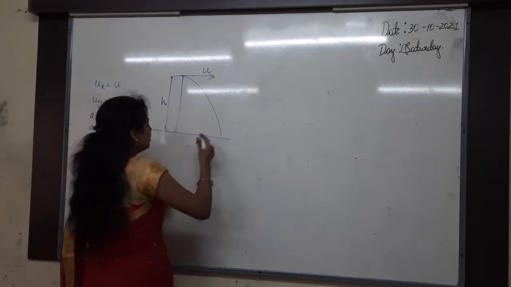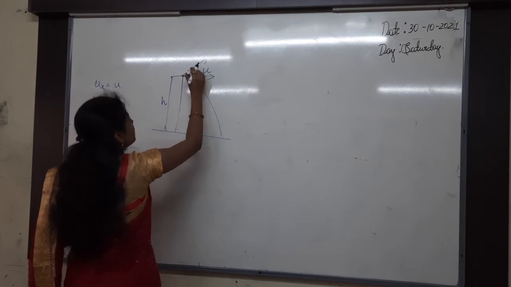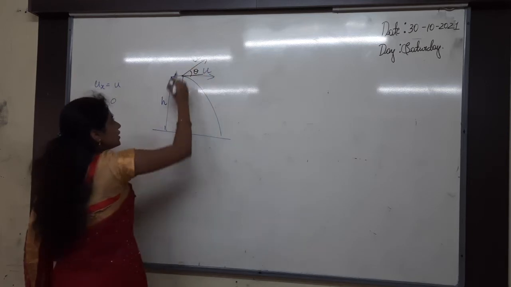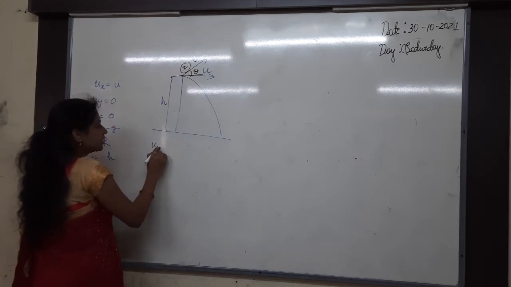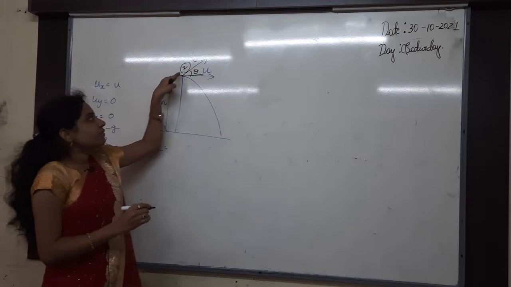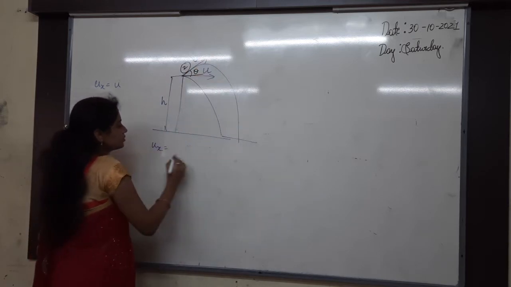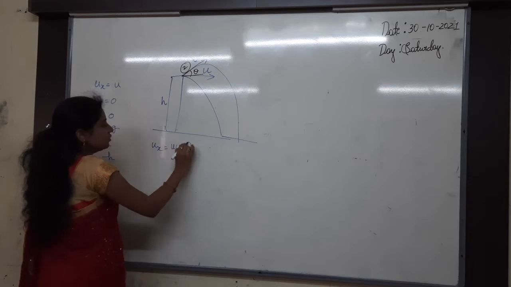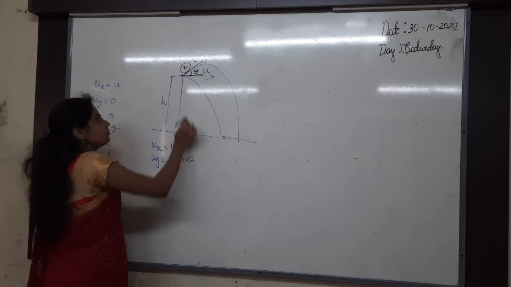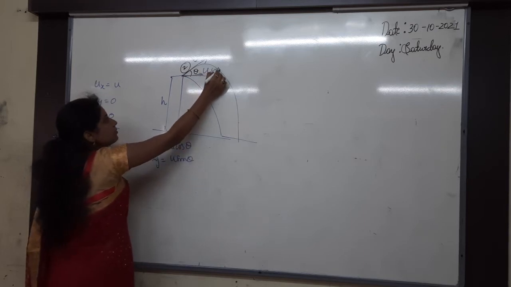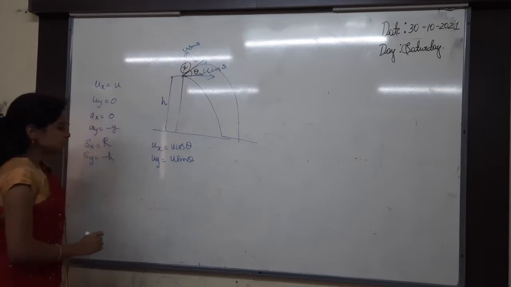Then whenever I throw the body in upward direction with an angle theta with horizontal, this is the second case. In that second case, what is the ux now? Tell me. Ux is equals to? Whenever we are projecting in upward direction, then the motion of the body will be like this. So ux is equals to what we will get? U cos theta. Uy is equals to? U sin theta. Why? Because u cos theta will be like this and then u sin theta will be like this. Uy is equals to u sin theta.